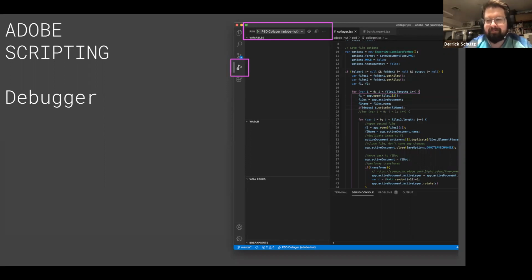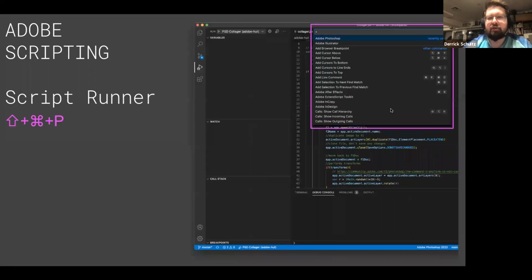Most times you're actually going to run it from here. I find it's a little frustrating, and a lot of times you have to restart both the application and VS Code to get it to work right. Again, this isn't the perfect tool, but it does work. I tend to use debugger a lot just to output different pieces of code. Now, the other way to do this is to use what's called script runner.